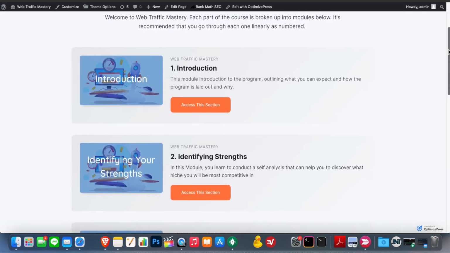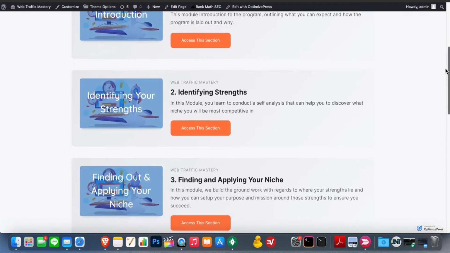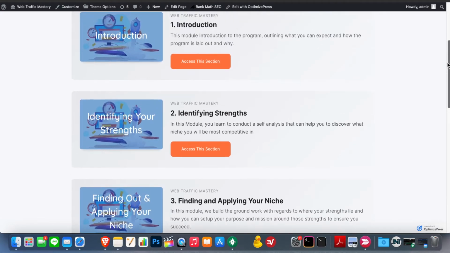The first one is an introduction. Then we've got identifying your strengths. The reason it's going in this way, I should say first, is because this is a fundamental way to make money online, and a way that people generally go back to when they find success after playing around with a lot of gimmicky ideas, which is understanding which products work and how to get traffic. Now, even veterans of making money online are constantly looking for ways to get traffic.